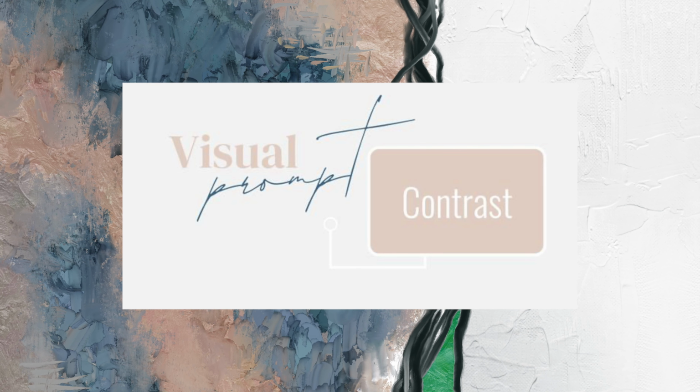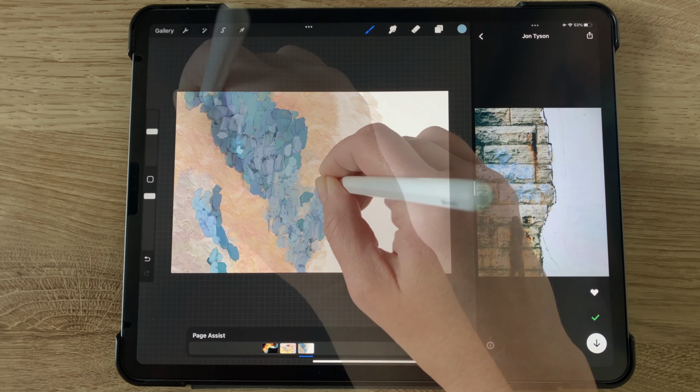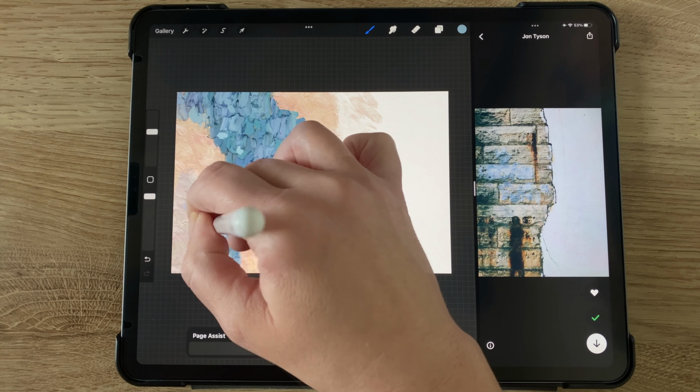And I've now selected my soft streaky palette knife, which blends a little bit more than the regular palette knife brush, and it's just more streaky. So I'm doing the same thing, roughing up the texture, playing with texture, and scribbling around with the light blue and the dark blue.